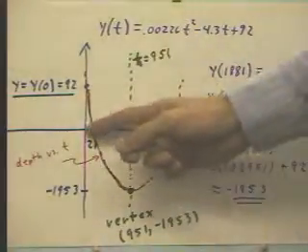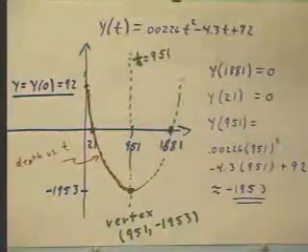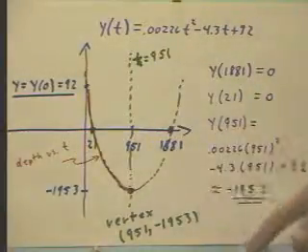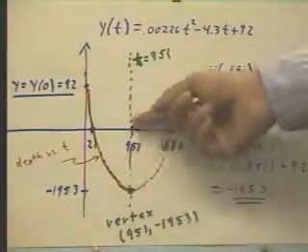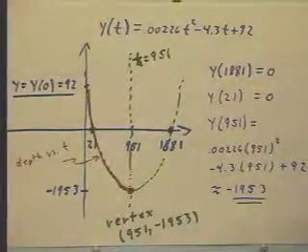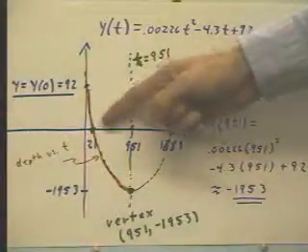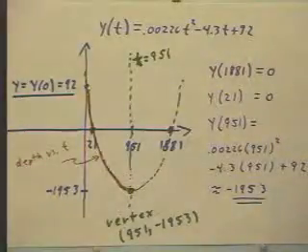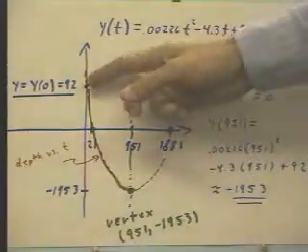T goes this way, t is 0 here, and t is 0 at the point where the graph meets the y-axis. If we were to estimate the height of this thing from the graph, we would probably estimate that this is around 1,000, because this distance down here is 1953. This isn't quite as far, but it looks like 1,000 or a little more. And that's not what we're going to get. Remember that this 21 here is a little bit out of scale. It should be much, much closer to the t-axis than it is, so that when we sketch the parabola, we're not getting a really accurate depiction of where the